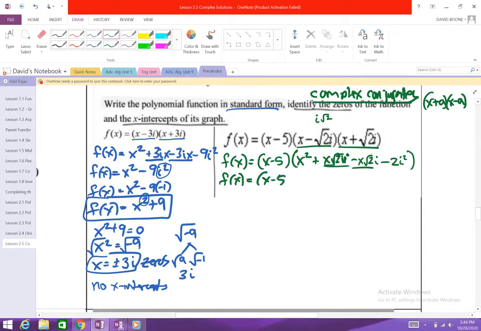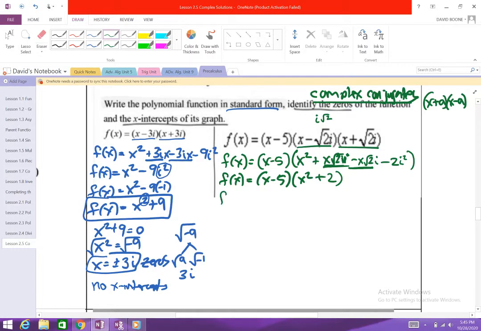So f of x equals, I got the x minus 5. This would be x squared. Again, remember these canceled out. And then here the I squared is negative 1. Negative 1 times negative 2 is a positive 2. So this just would be x squared plus 2. Okay? So, yeah, let's double check. So that's our